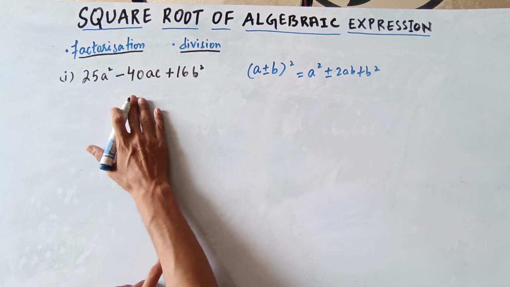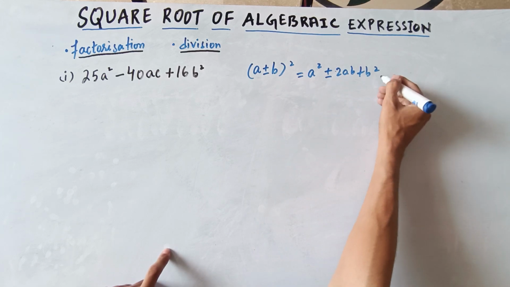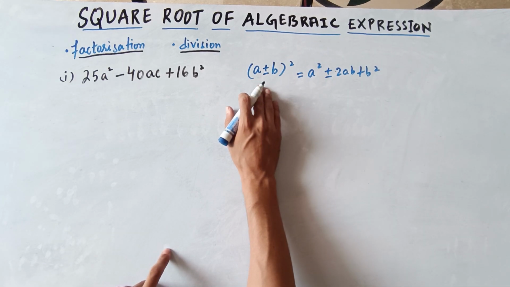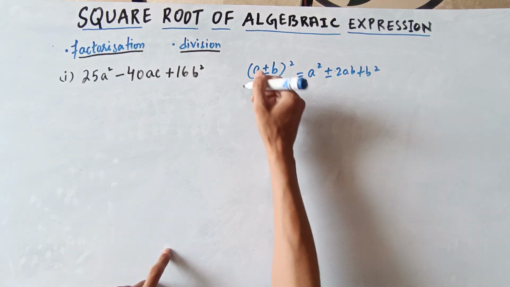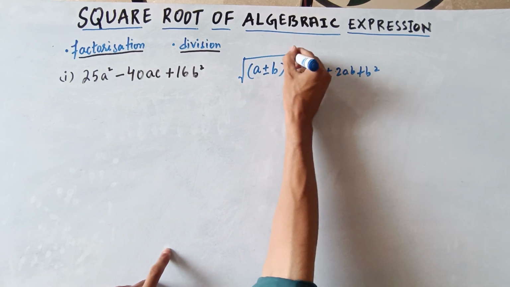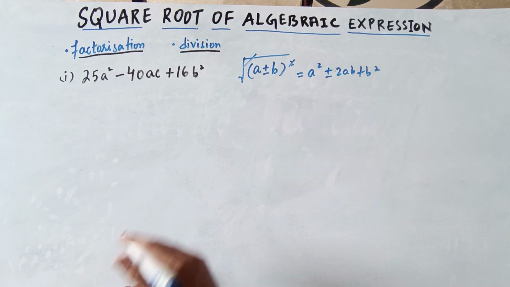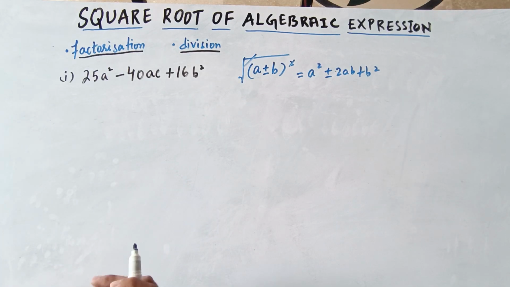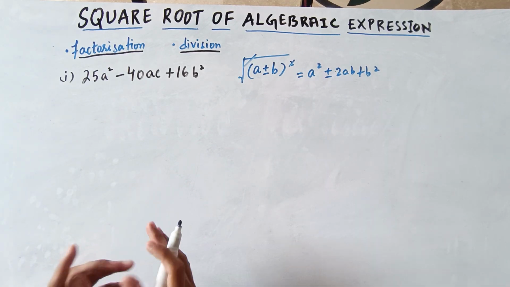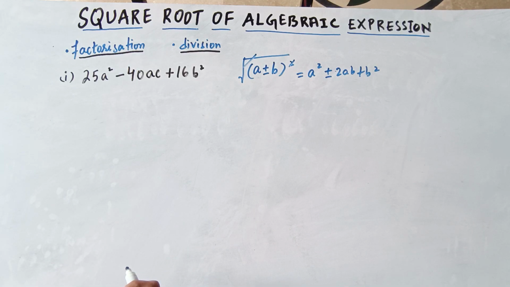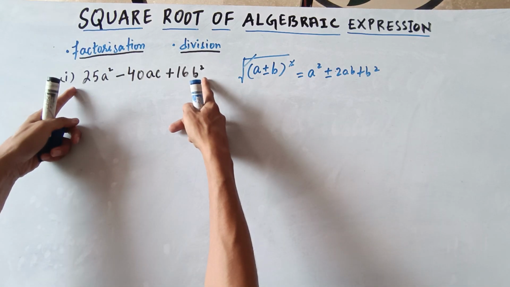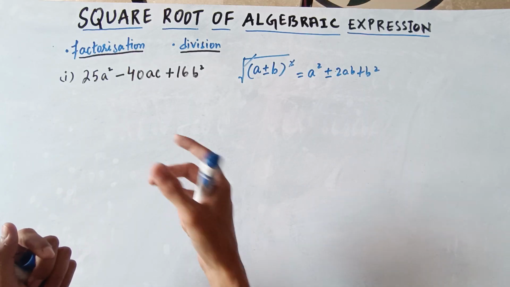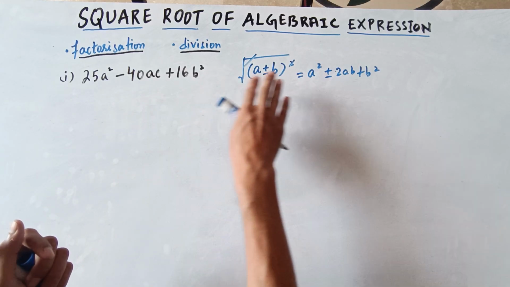Right now the question is given in this expanded form, so you need to convert it into this factorized form. And as you know, whenever we have a square on it and we write a square root on it, that will cancel with this, and it will give you the square root of the given expression. That's why we use this particular identity in the factorization method. If the question is not directly representable in this form, you need to think about how we can make it into this form, and then we can apply the identity.